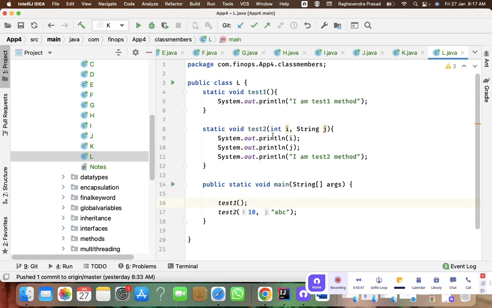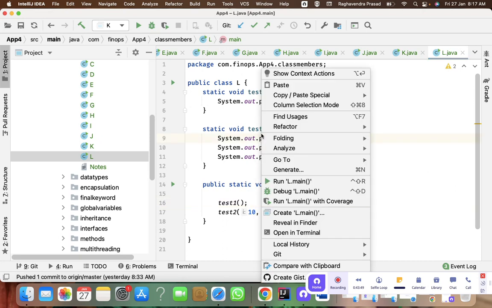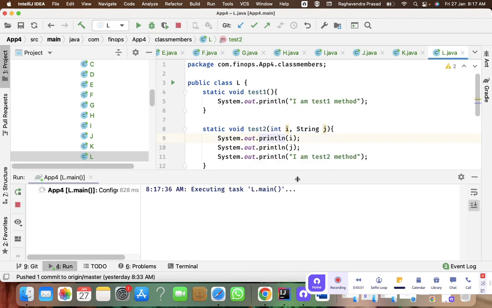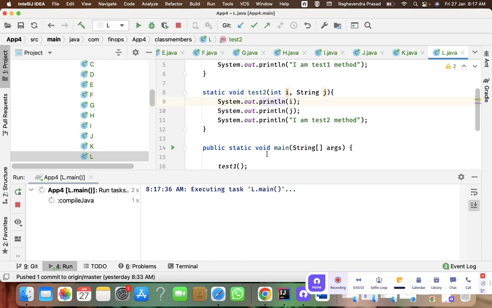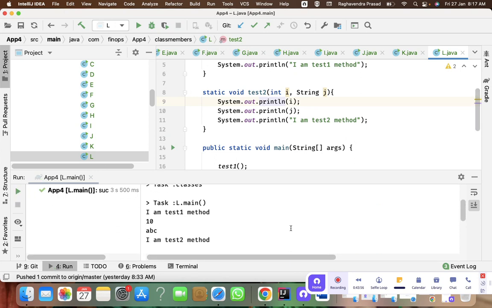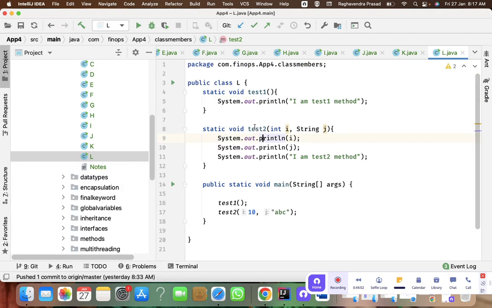Great, exactly. I am test1 method, 10 ABC, and I am test2 method. While creating any methods with multiple arguments, those arguments can be of any data type. It doesn't always have to be the same data type. It can be a mix of any data types, and you can keep on writing any